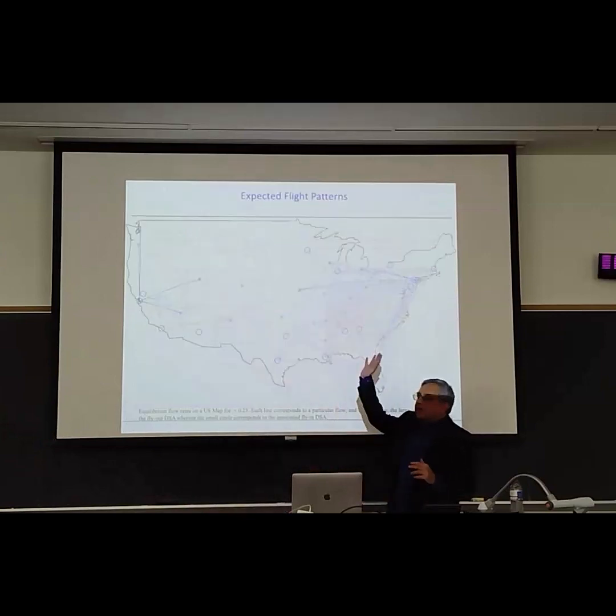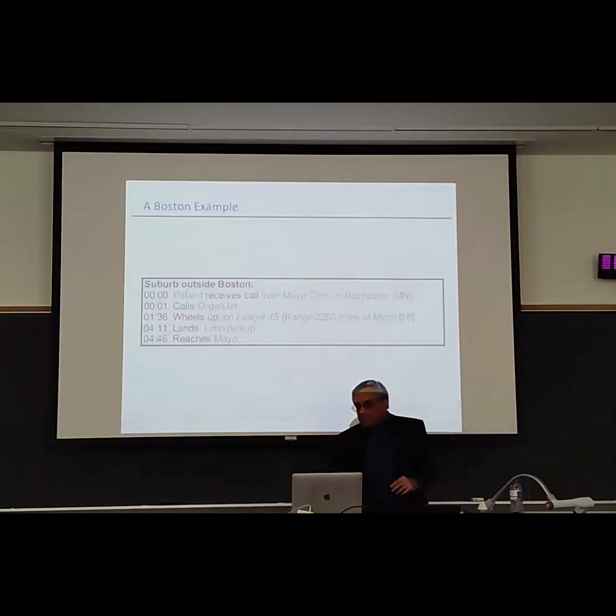So these are some flight patterns you can expect. Mostly long wait times on the coasts and short wait times in the middle. So you'll see basically flights. This is an example. This was about 5:30 a.m., I think, or something. I call it time zero. Typically, they get a call